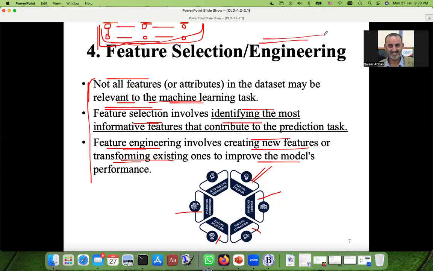That is one term. Feature selection is selecting only the important ones. But feature engineering is everything that you will do with the features. You can also select these features automatically through some code. Anyhow,